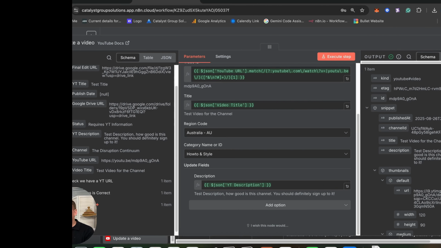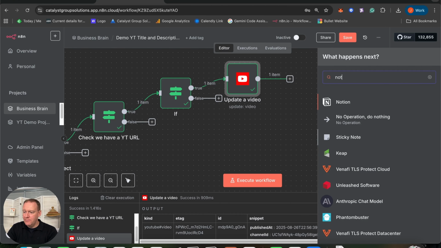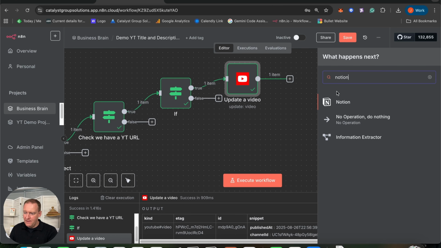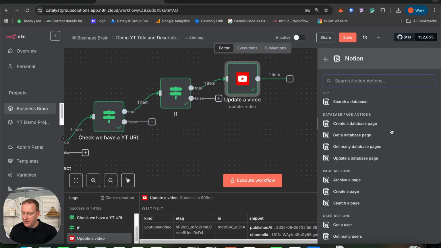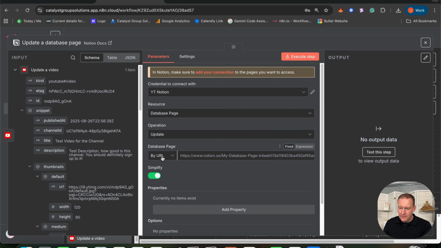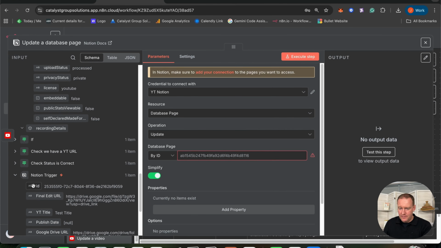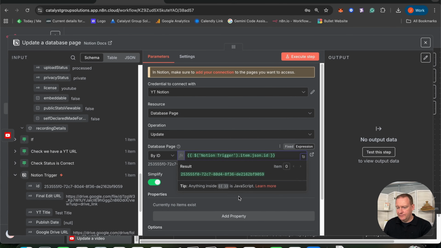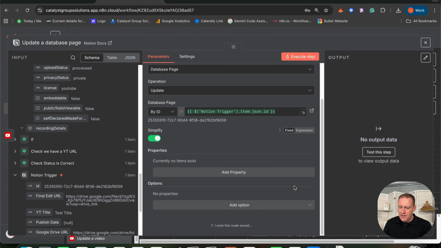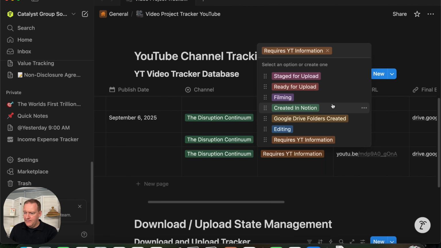That's great. And the final thing we want to do is to go back and update our Notion table to let it know that we've completed that work. So update database page. I'm going to make that by ID. If we go all the way back down here, I'm going to add our ID. And we're going to add one more status in here. And that status is going to be